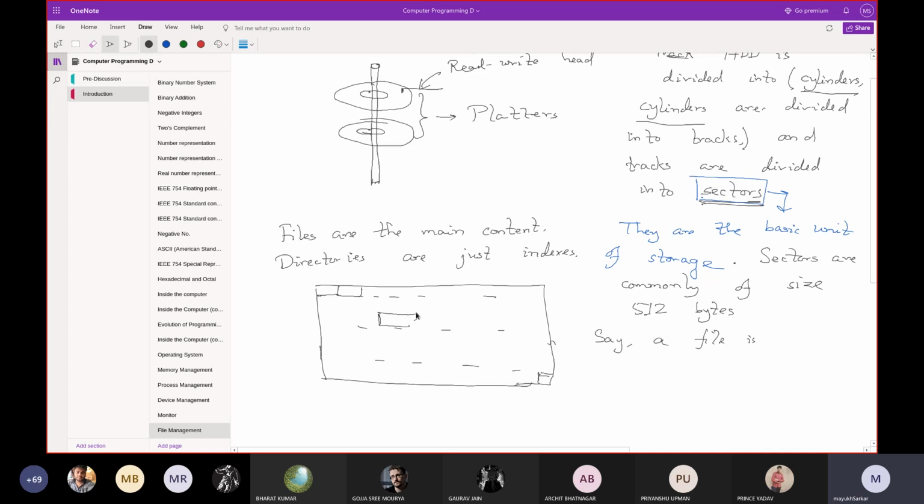The first sector of a file may be at this location, the next sector of the file at another location, and so on. Say a file is spread among sectors 34, 132, 256, and so on.